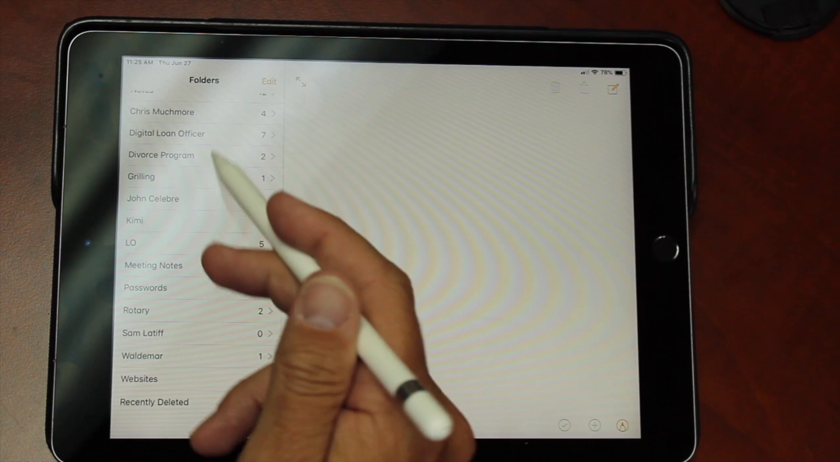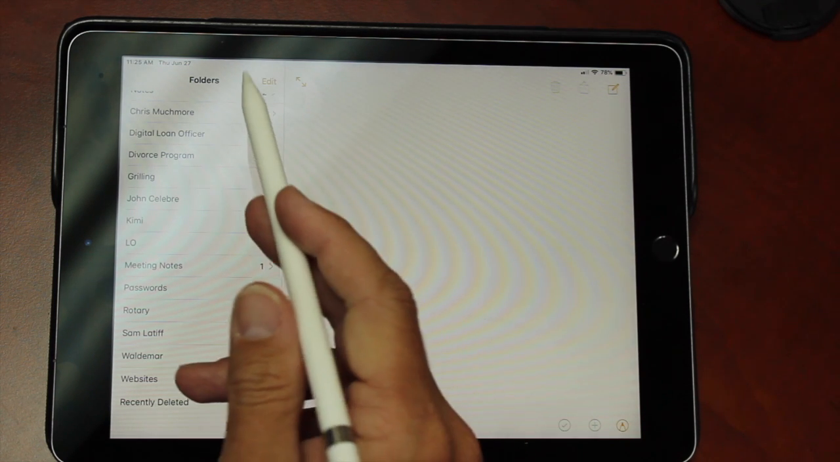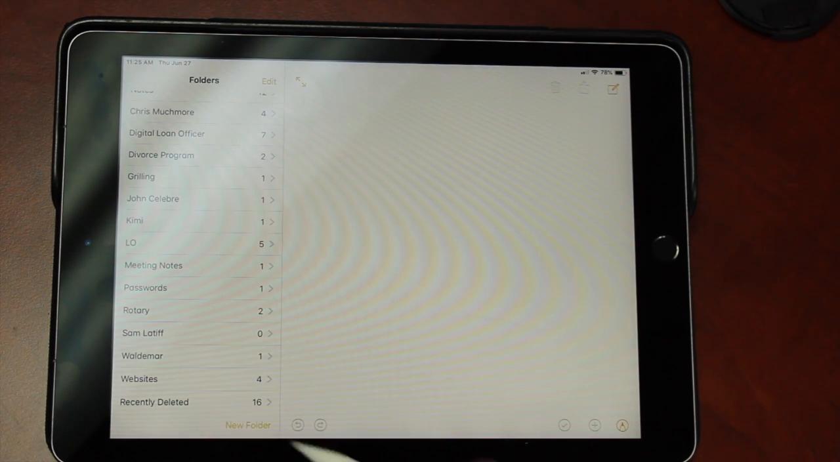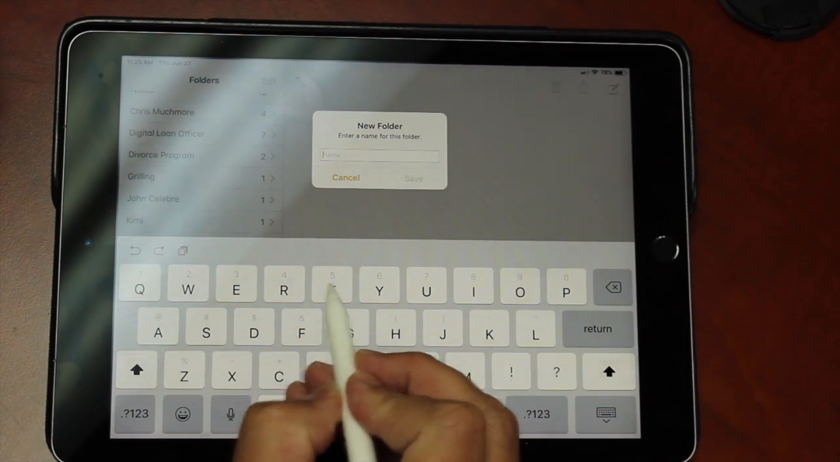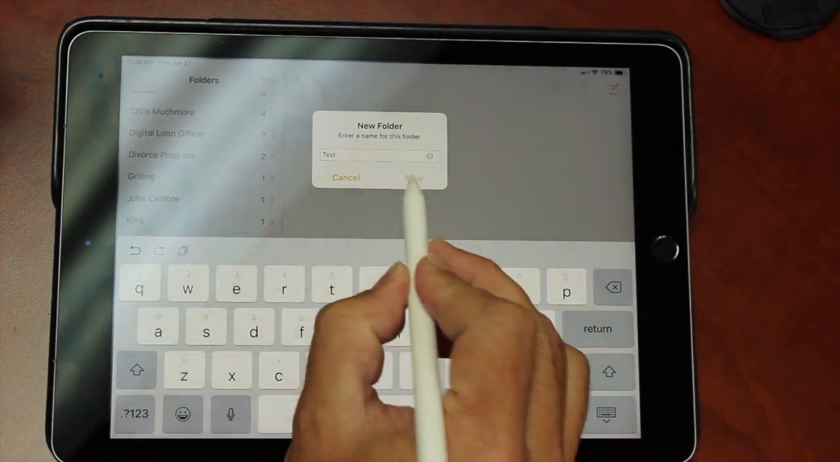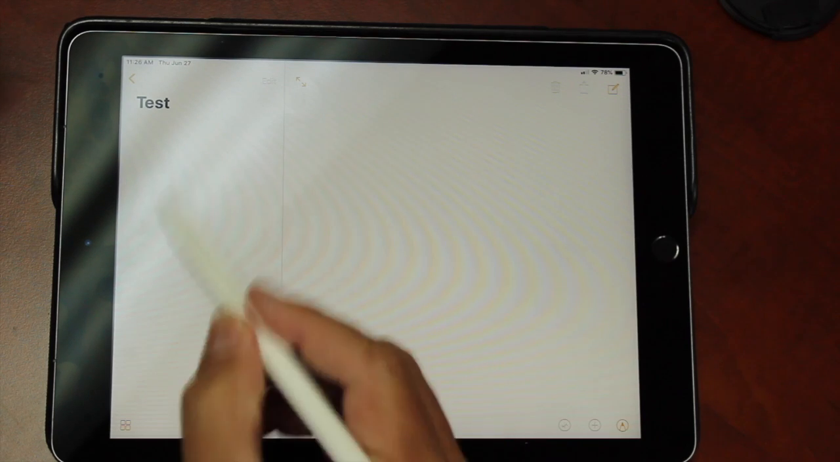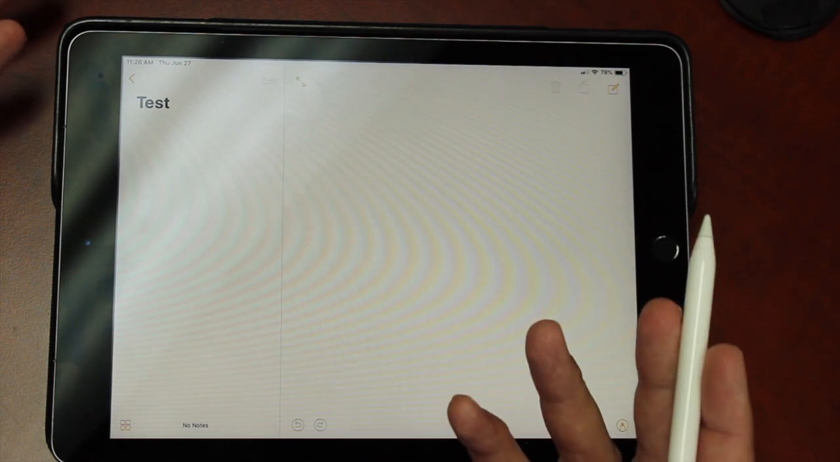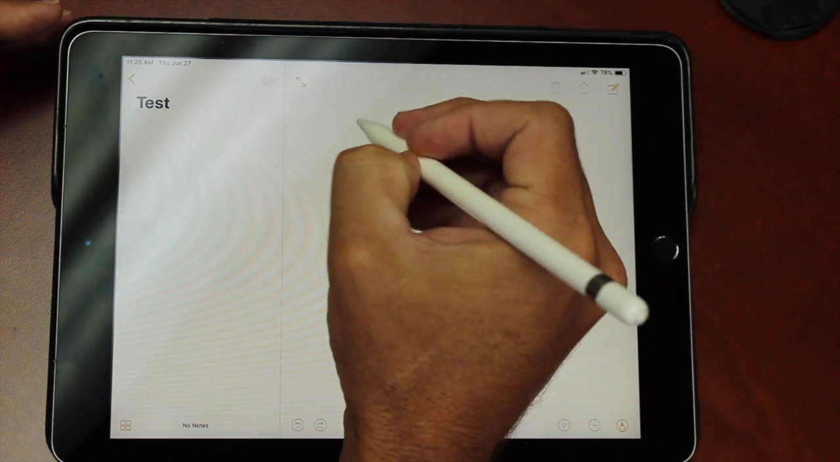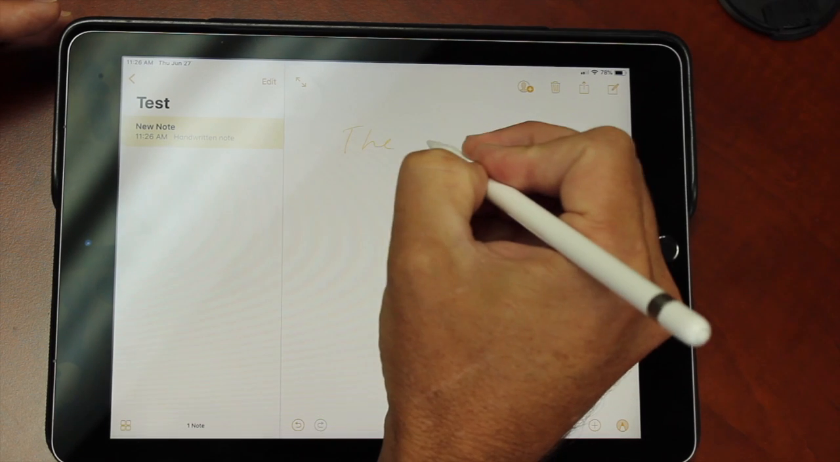You can create different folders. So let's just create a new folder that we want to make something in. We'll just name it Test. Let's save that, and there's our folder. We can open up Test. Now here is my note platform. And so let's just write this